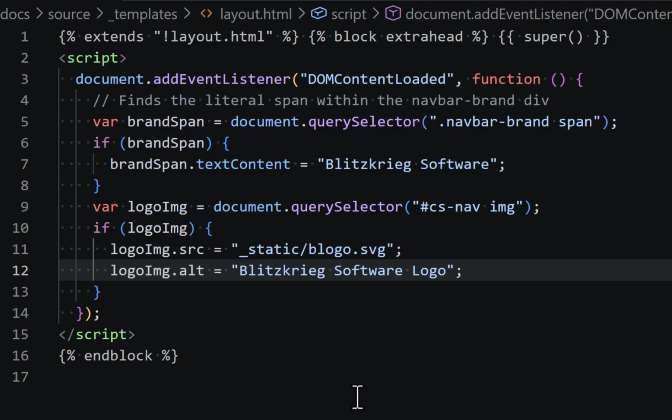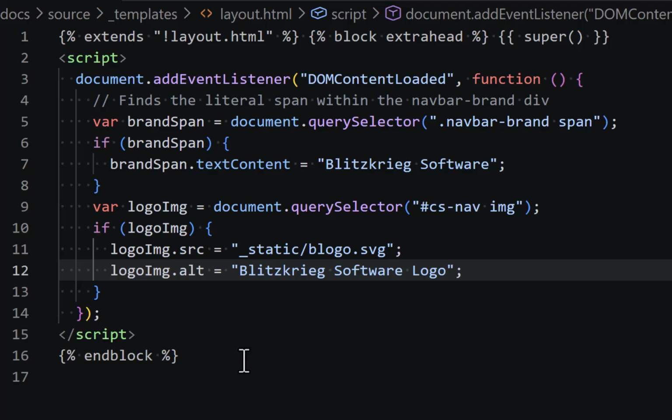If I'm looking at the documentation using the F12 browser plugin, what I did was I clicked on the element and I found what the path to the element was and said, okay, that's a query selector. And you can go watch videos on how query selectors work. But essentially the deal is that I got the span that contained the super title at the top of the page and replaced the content with mine. And I went and figured out that the image was inside the ID of CSNav. And I said, okay, go get it, and then update its source property to be mine, and its alt to